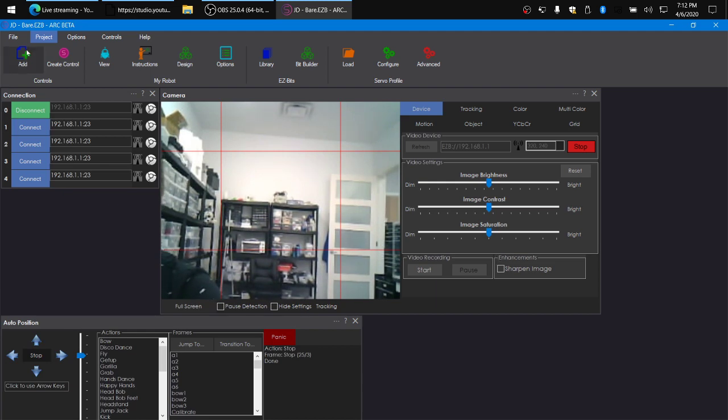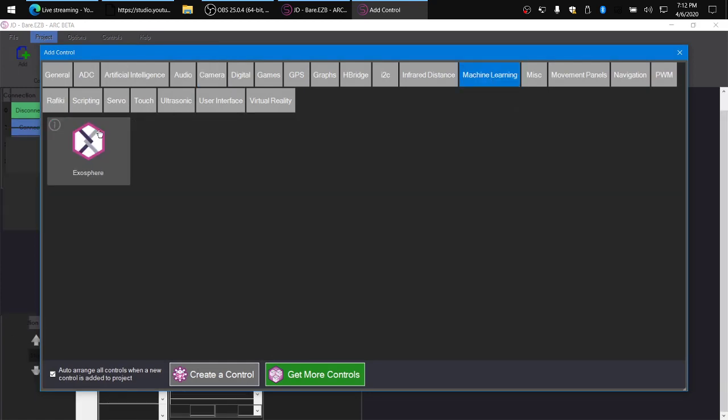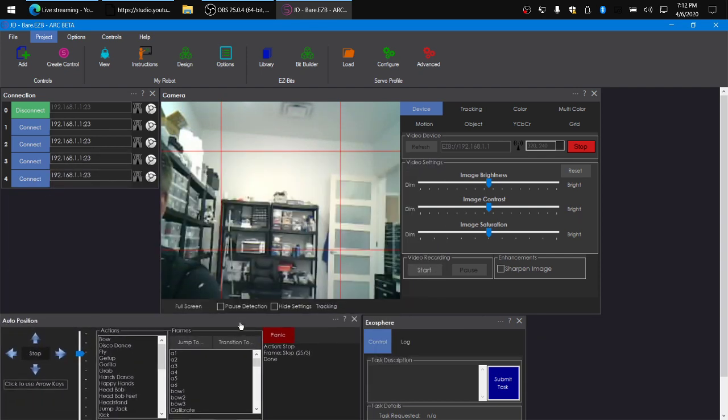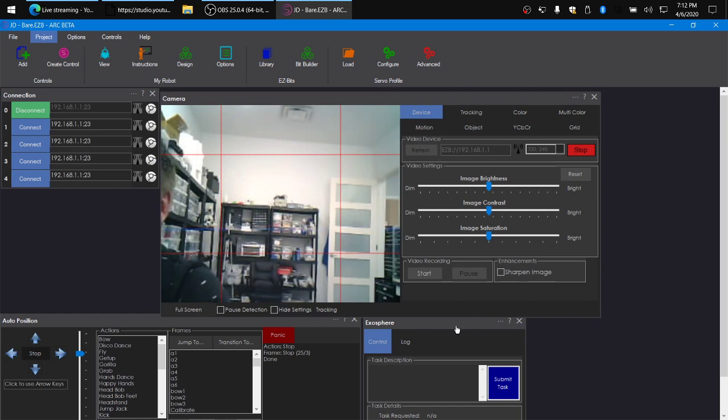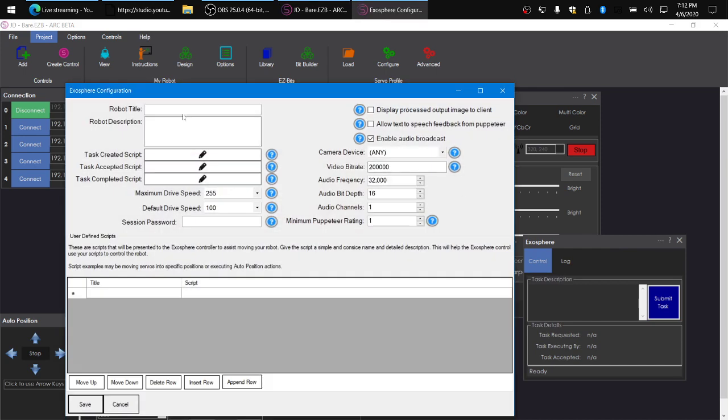So right off the bat, we can just start using Exosphere. So we can just click, add it. And because this particular robot already has a movement panel, right? It's all it needs. The robot needs a movement panel and a camera. Once it has those two things, Exosphere will just start working. So once you add it, configure your robot title, and this stuff is going to be very important because it's going to help the machine learning database understand the difference between all these different styles of robots. So your robot title in this case is Easy Robot JD, and my description for this robot is Easy Robot JD Humanoid